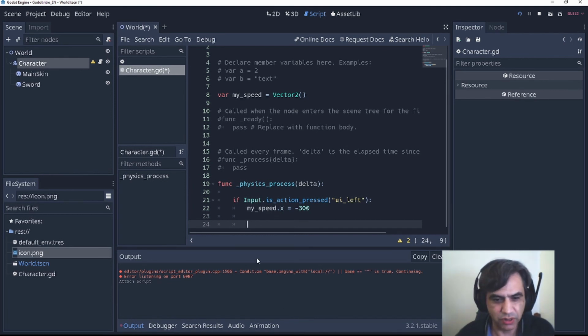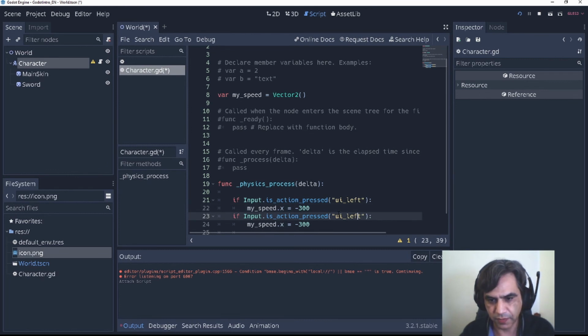Why 300? Because 300 looks like a good number. And another thing is if I want to go right, I want to move positive to the right.